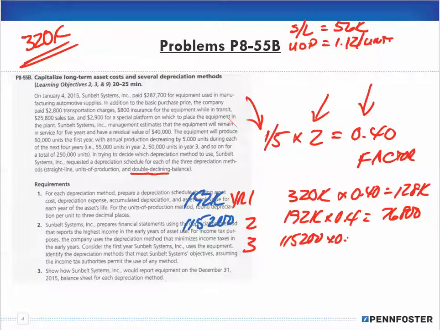115,200 times 0.4. Now I'm not going to keep on going through the math, but realize that, well, maybe I just should. All right, so that ends up being 46,080. And so our book value at the end of year three is